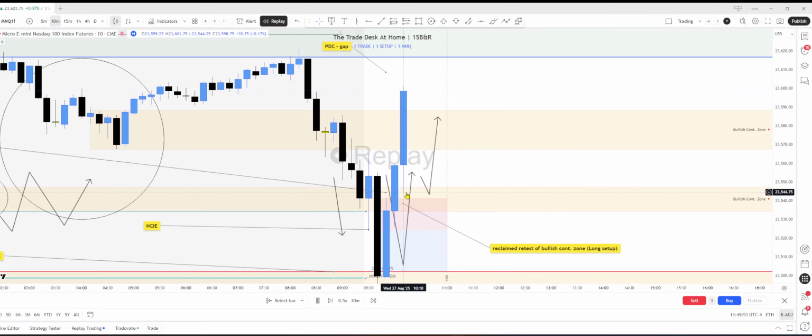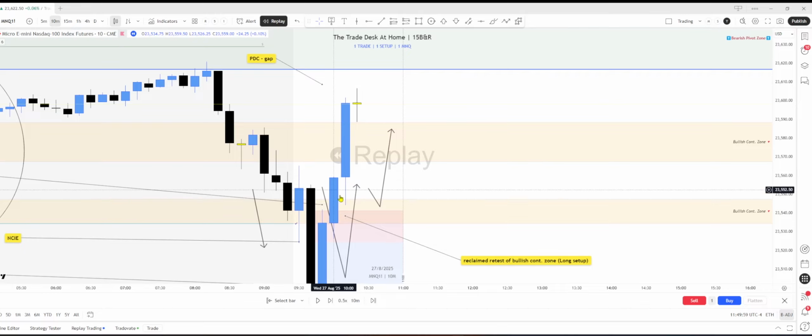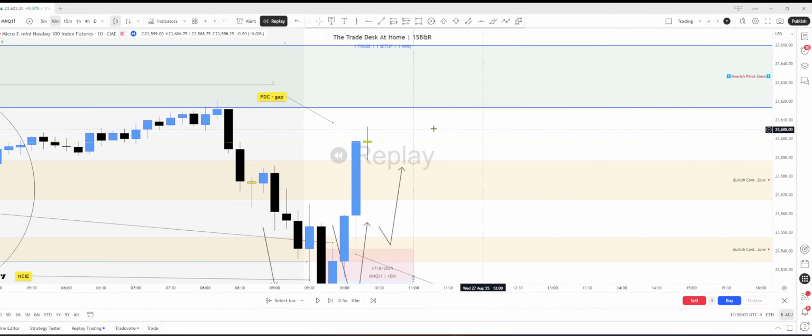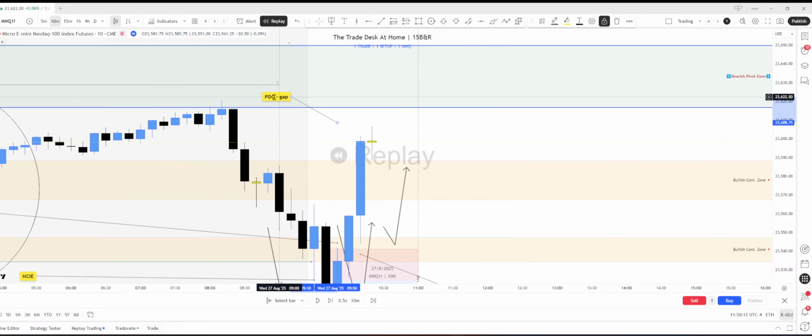So now you open, and that's basically it, right? You'll see this in the live recap there, but it basically retested this zone again, break and retest, and then went. So then lesson number 3 is profit targets, high probability profit targets, PDC gap, prior day close, which is